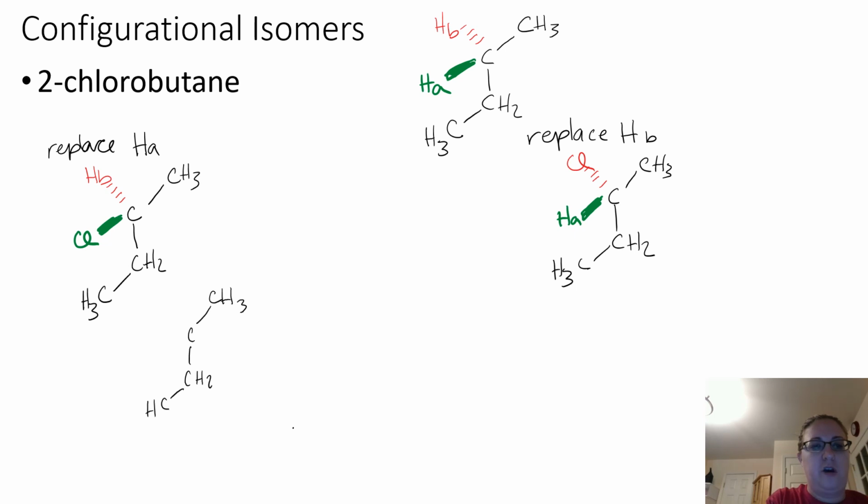In this structure, we're going to once again keep in mind that our Cl is pointing out at us and the hydrogen is going back behind the plane of the screen. So now I am going to draw the mirror image of this structure. What we want to think about is a mirror being in between the two structures. And remember, in a mirror image, everything appears reversed. So when I get ready to draw my mirror image,